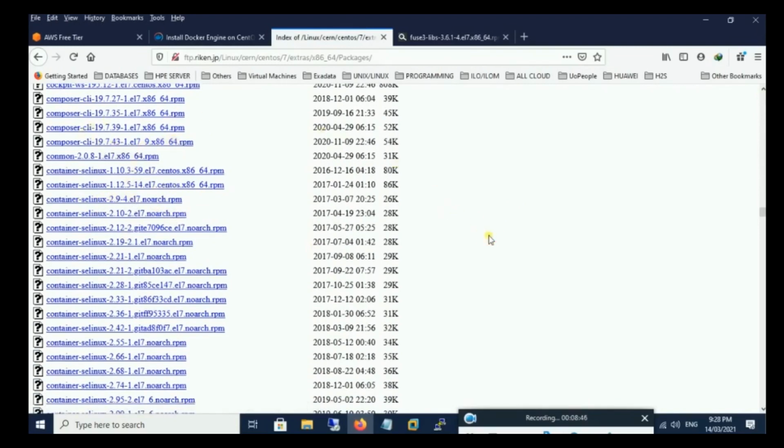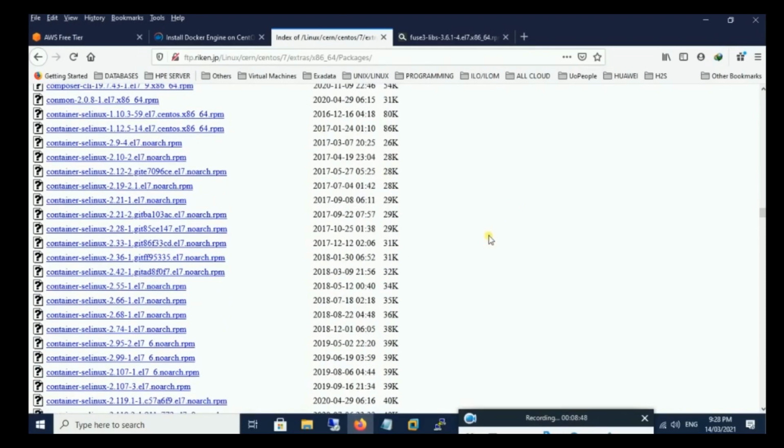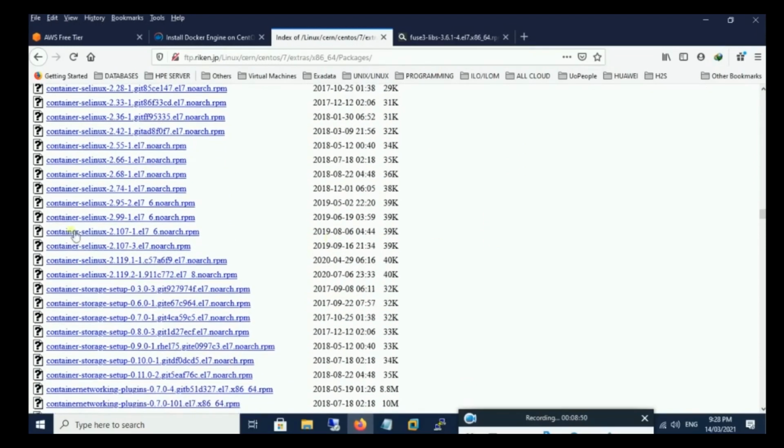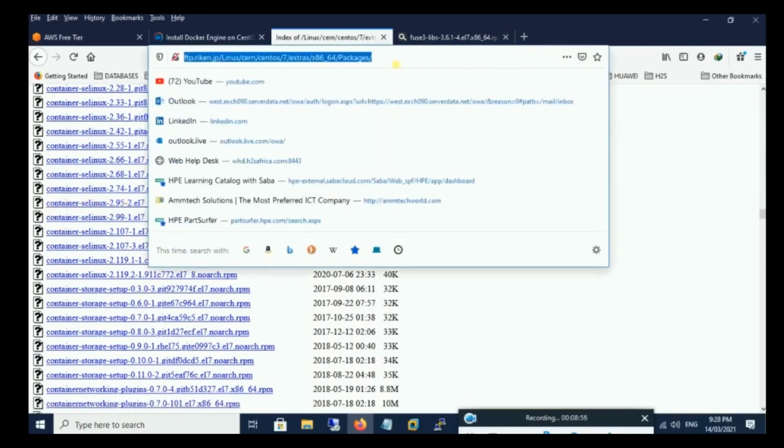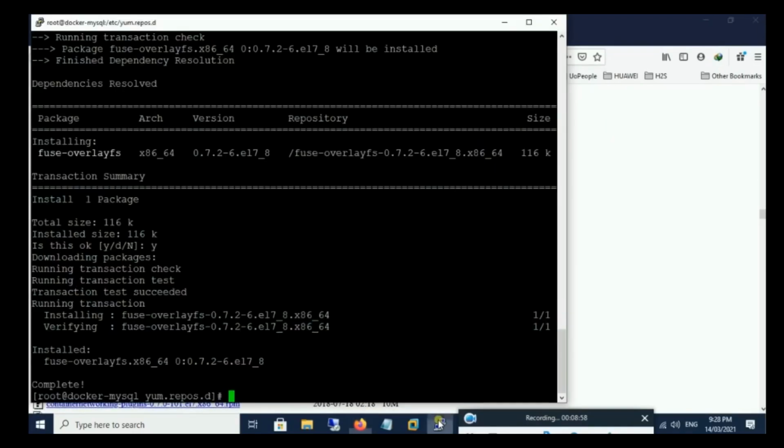2.74. So we're searching for it. Alright, I have it here. SELinux 2.95. So if you use 2.74, you may have an error when you are running the hello world from Docker.